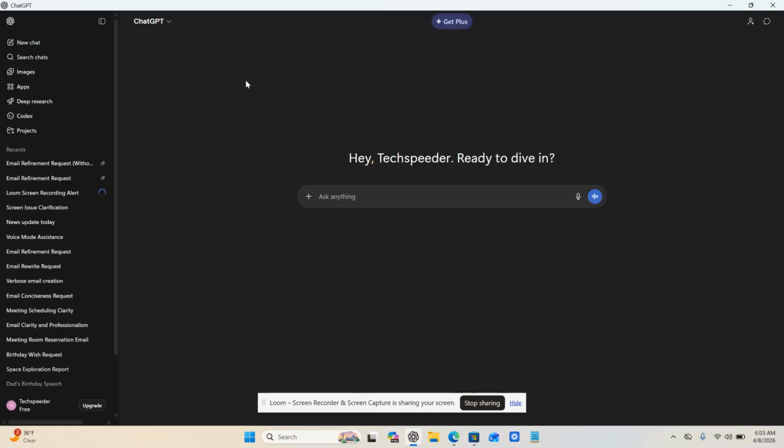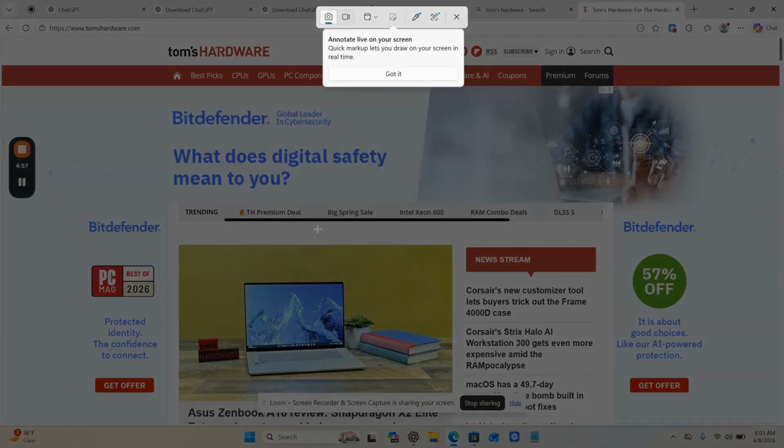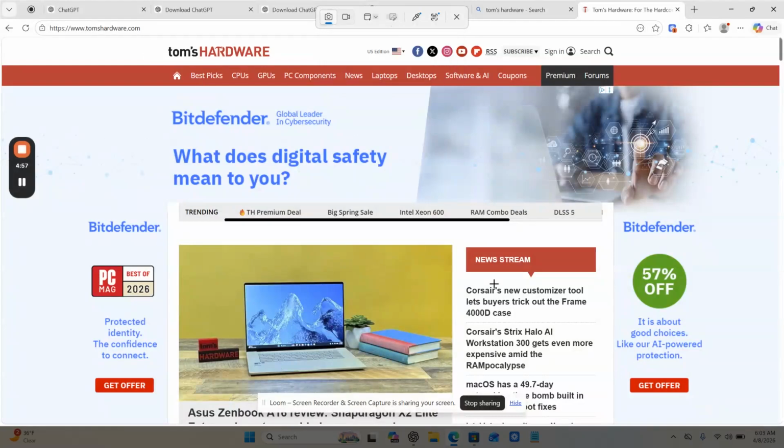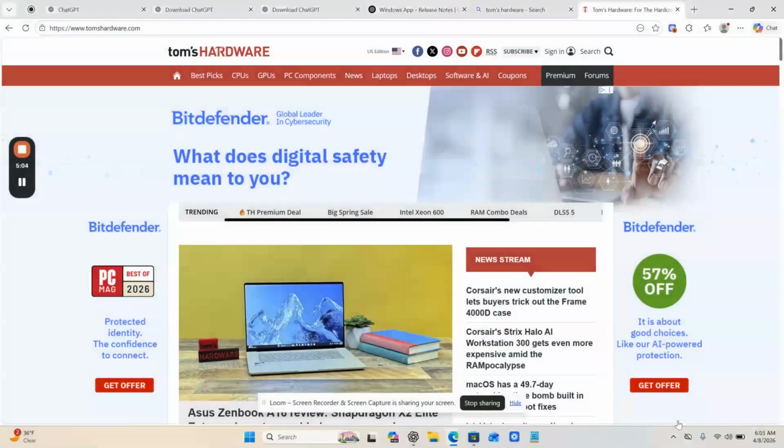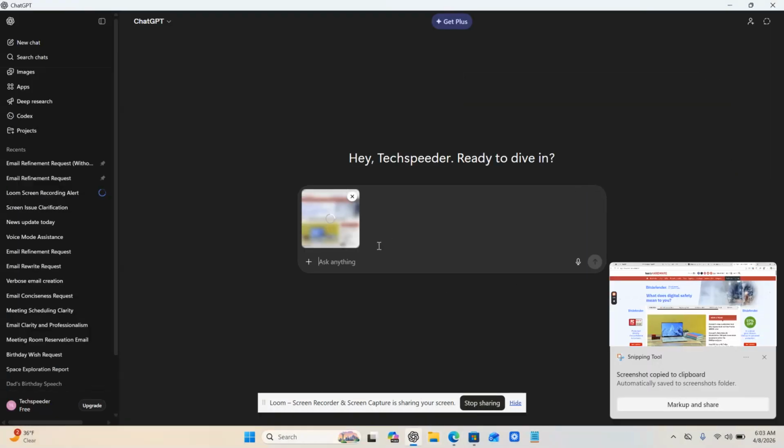When the app is installed, you also get a few things that the web interface doesn't give you. If you hit the little plus button here, one of the cool features is you can take a screenshot directly from ChatGPT. If you hit take screenshot, it uses the native tools built into Windows, so your screen snipping tool, to take a screenshot and upload that to ChatGPT. So right here you can see the screenshot it took